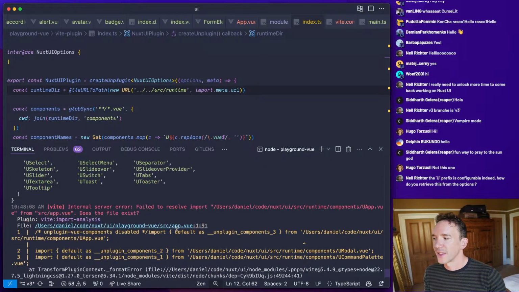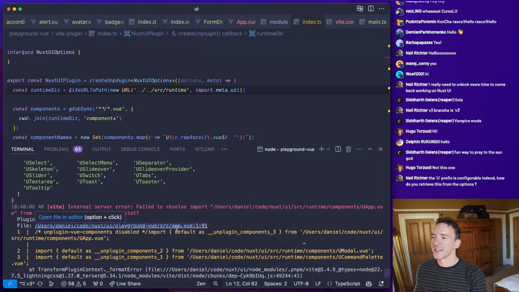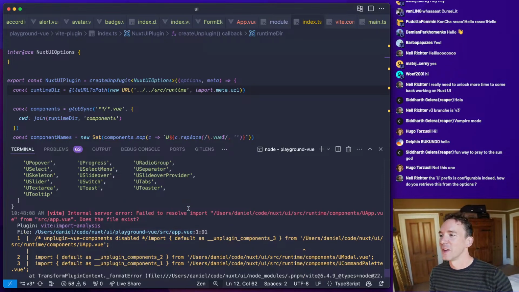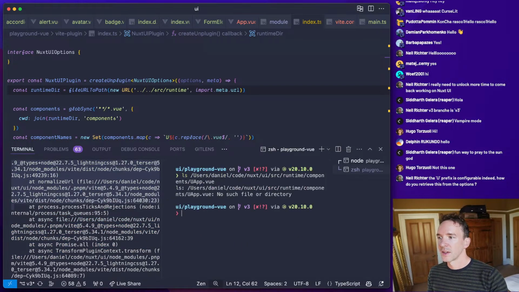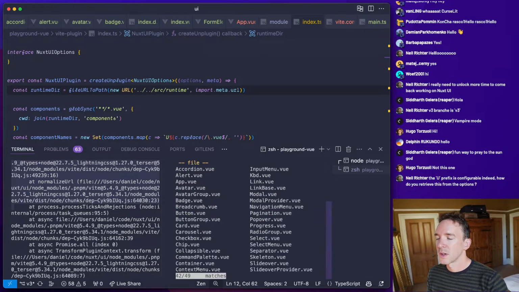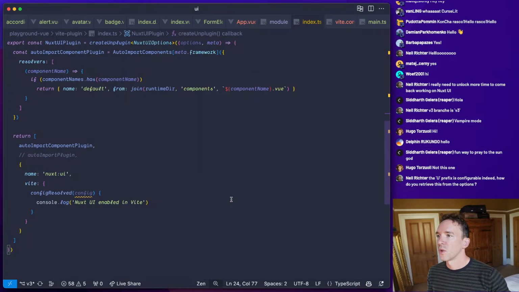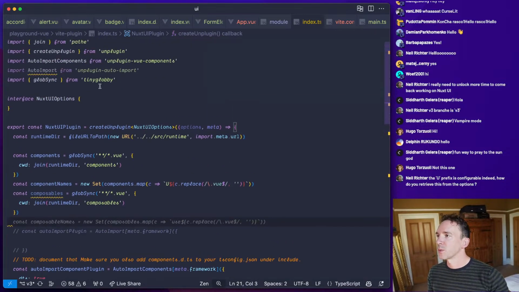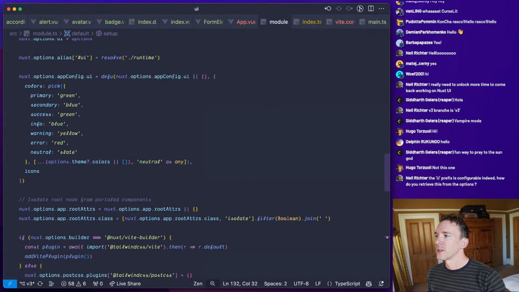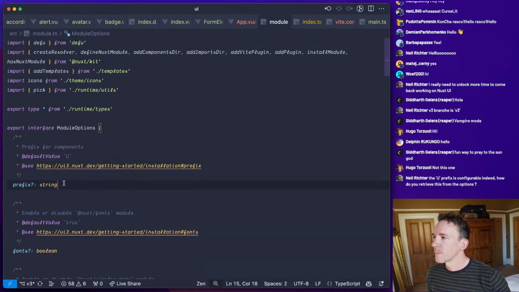Yay. Right, that's good. This is really good, people, because it's resolving. Is it resolving them? Let's just check. Does that file exist? No. Components. We need to drop the prefix, right? So basically, we'll start the work on the prefix. So we'll say, what is the prefix? Okay, prefix for components.